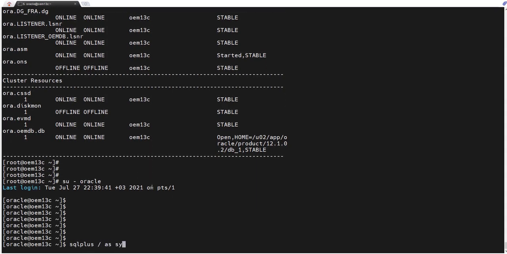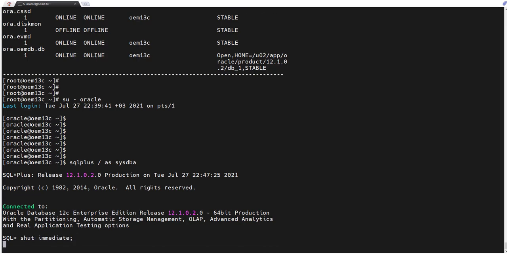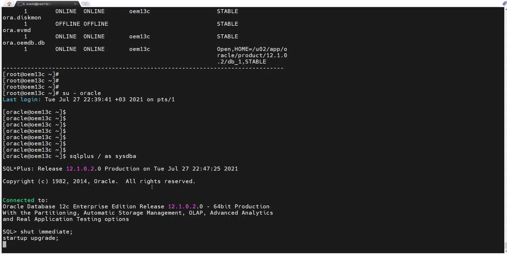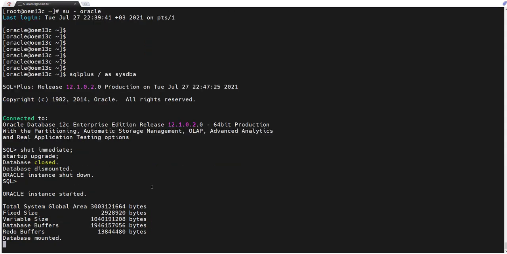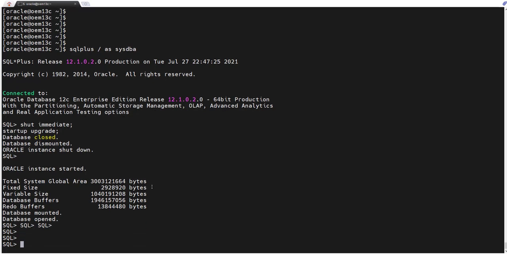Okay, let's connect to the database. Shutdown immediate, startup upgrade. Database is mounted and database is open in upgrade mode.